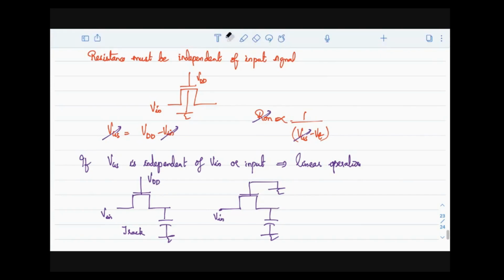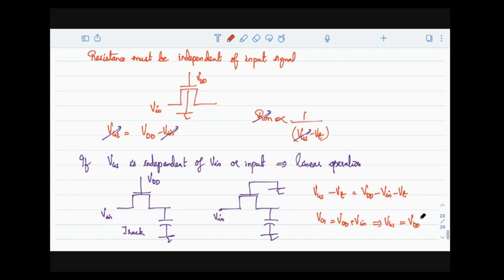So look at this. We know that VGS minus VT is equal to VDD minus Vin minus VT. Now, if I can make VG as VDD plus Vin, then this VGS minus VT will definitely be independent of Vin. That is our ultimate need. So if VG is this, then your VGS is basically VDD. Yes, VGS will be VDD, correct. Then we are actually out of the problem.